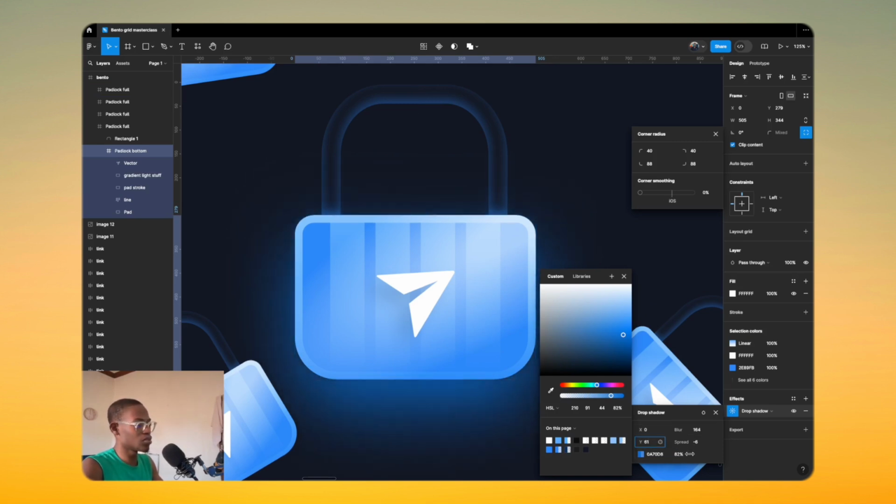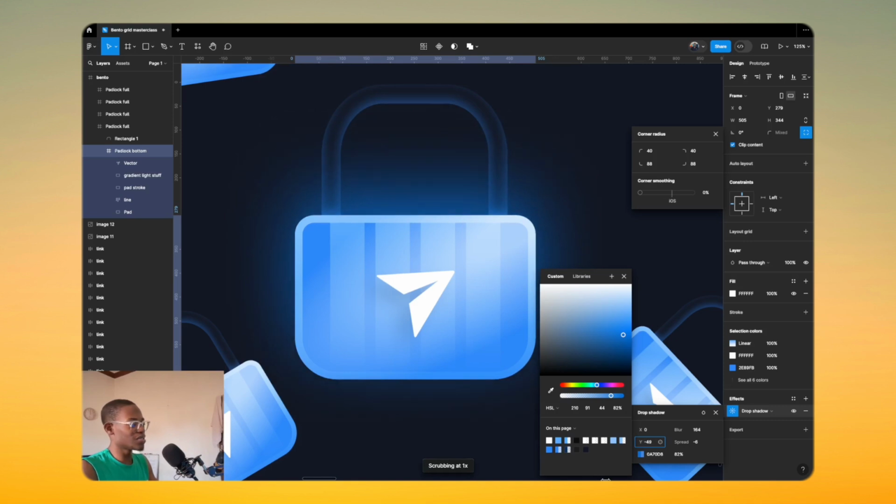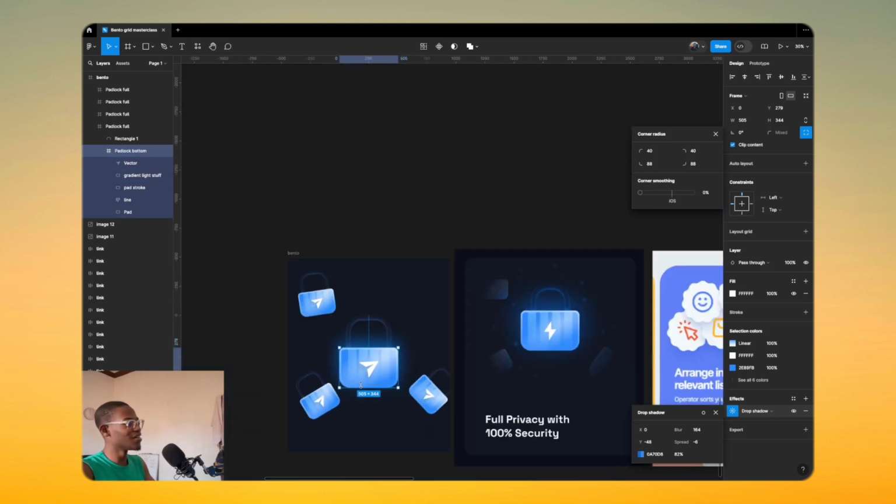So now you don't want it to be down here, because if it's down here, you can't fix what I'm doing. If it is down below here, how does the light switch up for this thing? So we're going to increase the minus something more, so it goes above. And when it goes above, it looks more realistic because the light from there affects the underside of the padlock. Does that make sense? I hope it does. That's the idea I'm trying to portray here. Looks like a bag instead of a padlock. But anyways,